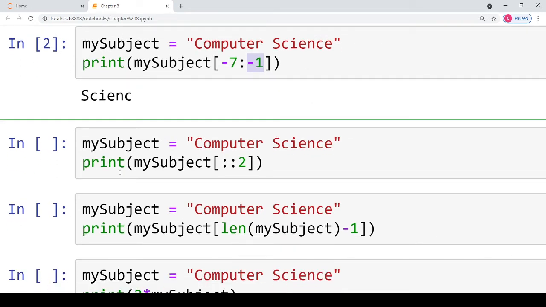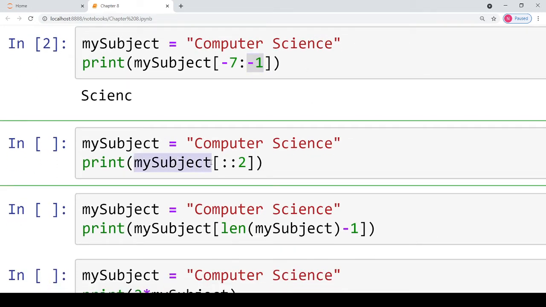The next part says you have to print the substring of my subject such that the starting and the ending index are the default values. That means the start and end index are not specified, so the starting index will be taken as 0 and the ending index as the length of the string, and you have to print the string between these two index values in a gap of 2.